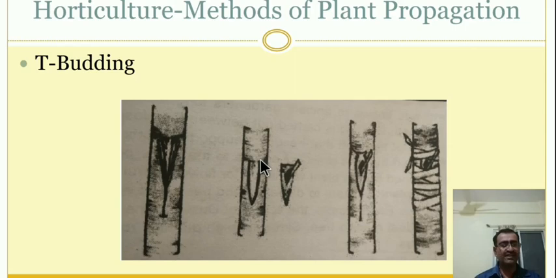With the help of the tip of a blade, the bark is separated and lifted to insert the prepared part of the bud into the cut. These two parts are separated with the help of forceps, the bud is cut, and that bud is inserted here. When the bud part is inserted, it looks like this, the united part. Afterward, with the help of thread, without covering the bud portion, this is the bud portion, the loose portion, all other parts are tied with the thread.